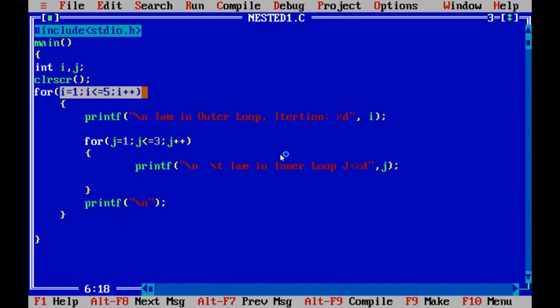For every iteration of the outer loop, the inner loop is completely executing its statements until the condition becomes false. This is the nested for loop concept.